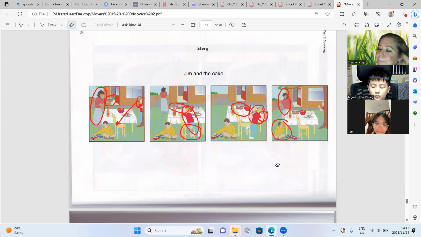Finally, Mrs. Brown is looking at the cake.